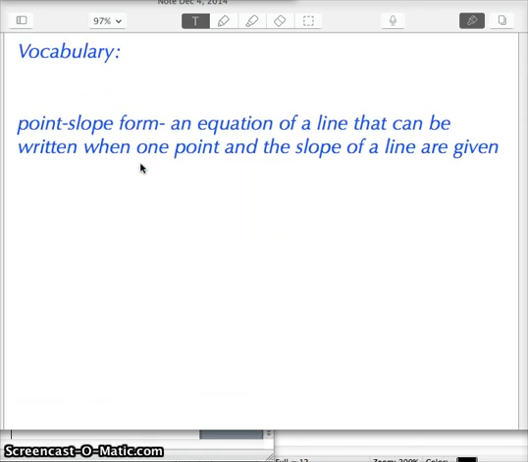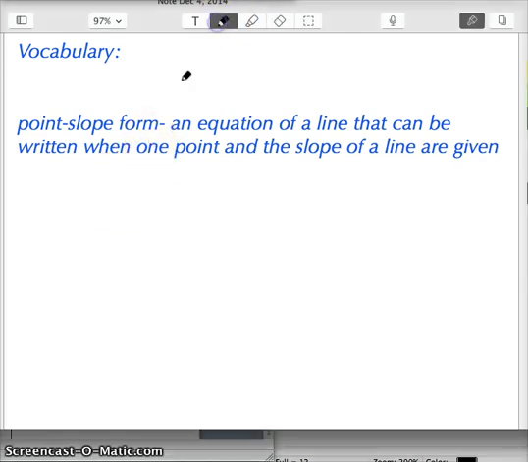I want to talk about it, but I also want to remind us of the other forms of a line that we've talked about. So point slope, this is actually somewhat of a terrible definition. I think the actual showing point slope form is better, but the basic definition is that an equation of a line that can be written when one point and the slope of the line are given. The reality is you can write any form of the line with that information, but the point is that point slope